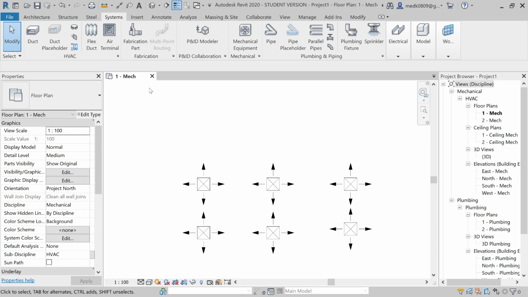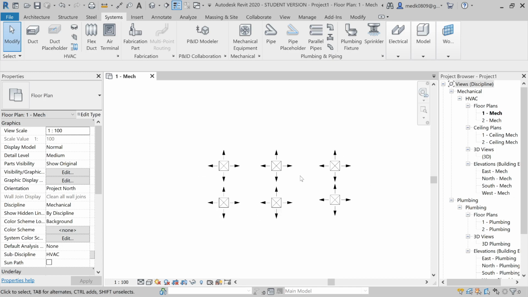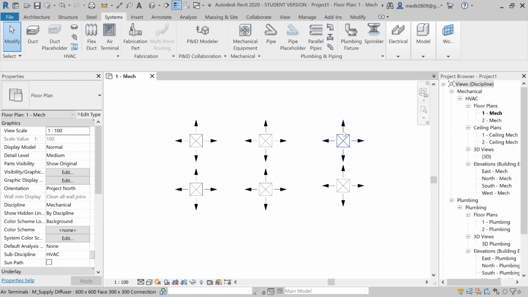Okay, so we have two different selections in Revit. If you click your mouse and drag to the left, you will see this selection over here. This selection is dotted lines. Again, if you click your mouse on the screen and drag to the right, this selection is solid. Let's see what the difference is between these two selections. So we have here 6 air terminals.